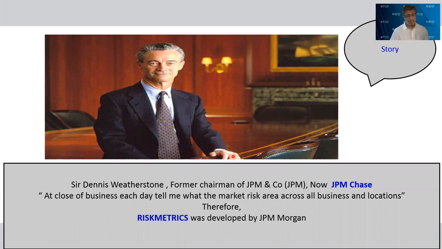Now, when we come to market risk, we remember this man, Dennis Weatherstone. He was before the current chair of JP Morgan, Jamie Dimon. This one was before him, and he's the one who provided something called the risk matrix, which is actually the subject of week 9. What is the issue of the risk matrix? These guys say, okay, JP Morgan is one of the big banks, and we have all this trading. He was talking about the trading book.